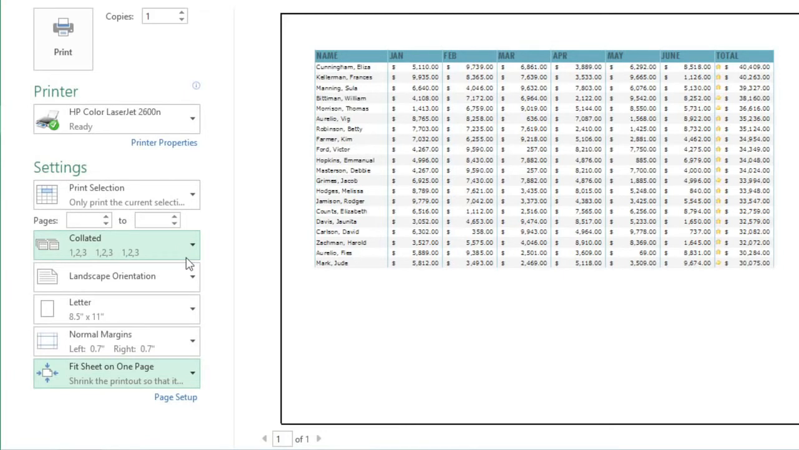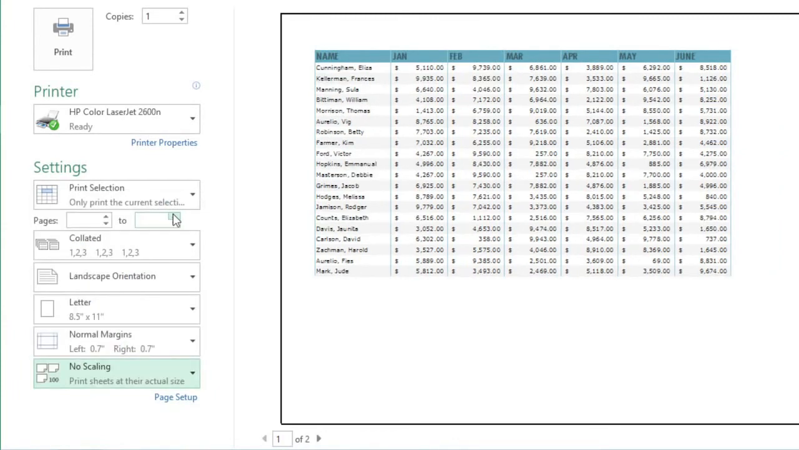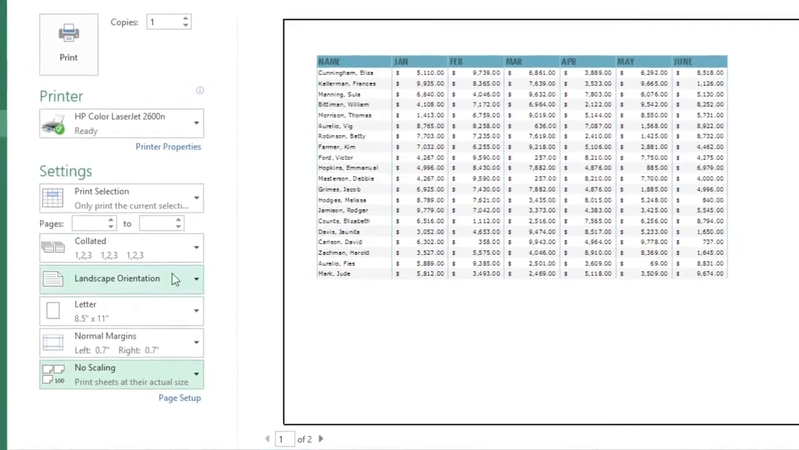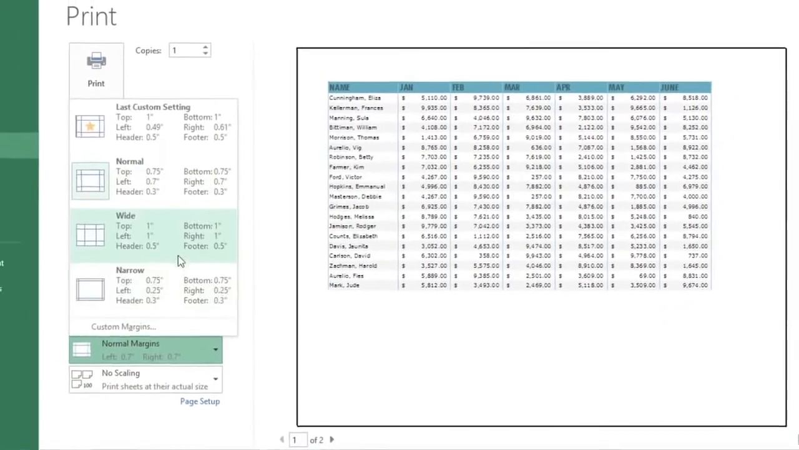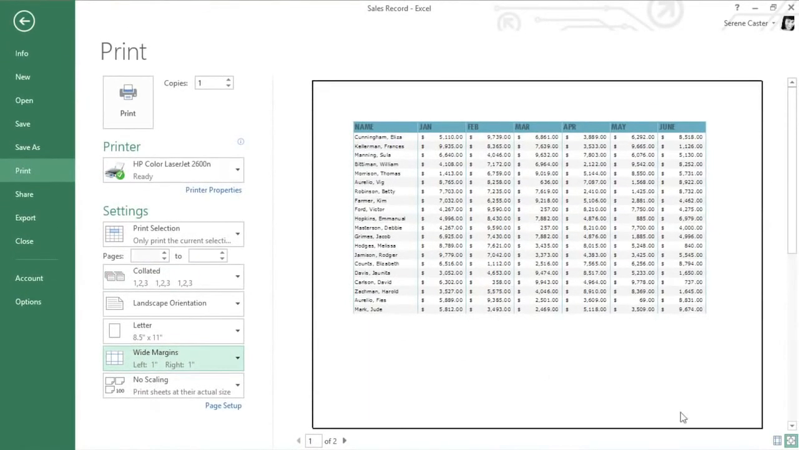This can be a great way to condense your worksheet, but be aware that the text will become harder to read the more you scale it down. I think I'll switch back to no scaling, and to make the data fit, I'll adjust the margins instead. You can use the menu here to choose one of the predefined sizes, or you can click the Show Margins button in the bottom right corner of your preview. This feature makes it easy to